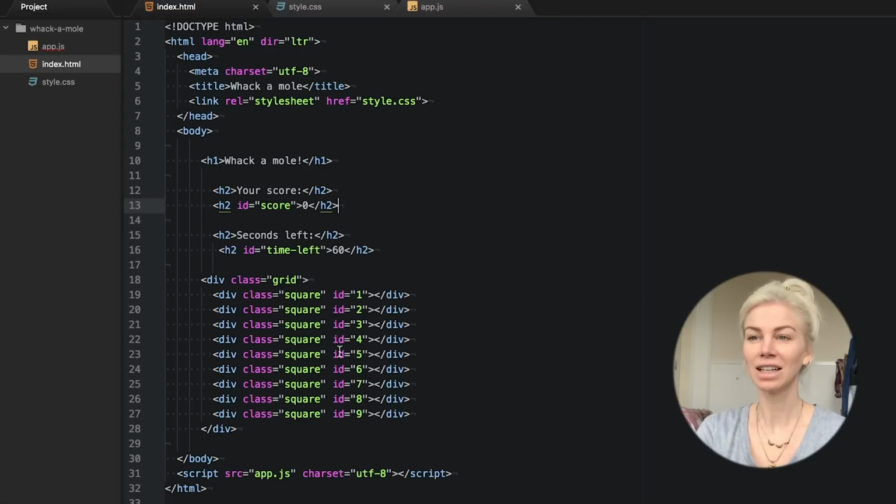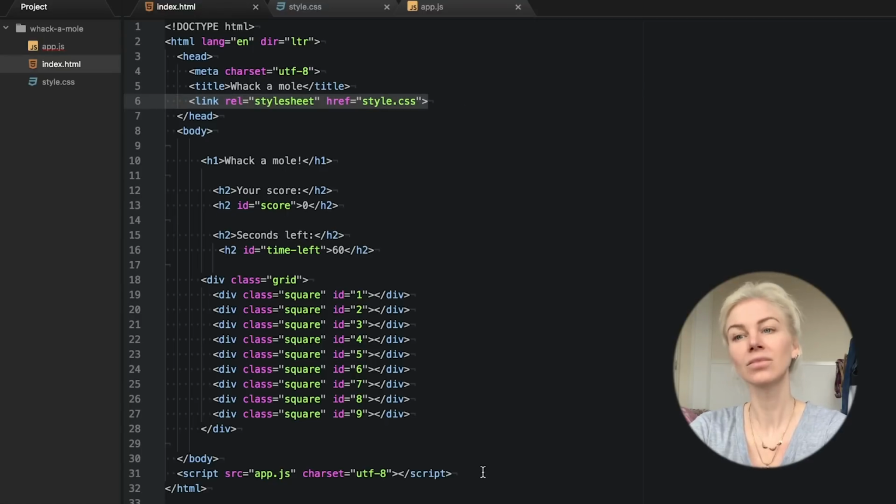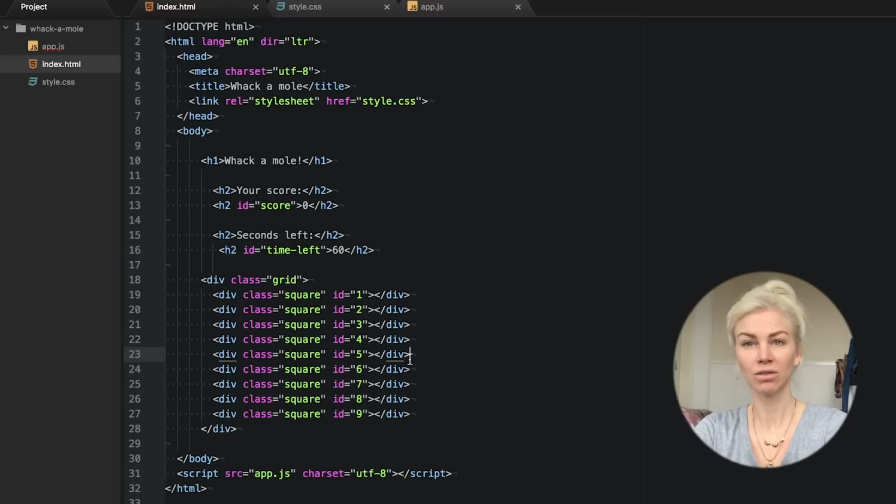Okay, to start our project, let's first make sure we have the right files in our folder. You can see here I already have made an index.html file, an app.js file, and a style sheet called style.css. As you can see, I've gone ahead and set out our HTML for the project. In our HTML boilerplate, I have added a link to our CSS file right here on line 6. I have also made sure to add a script tag to talk to our JavaScript file. You can see this on line 31.